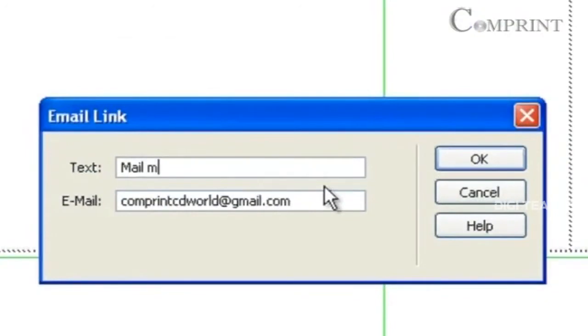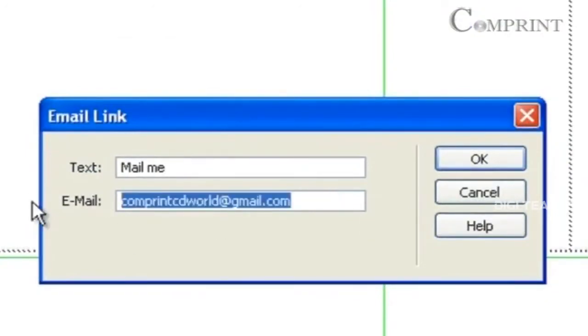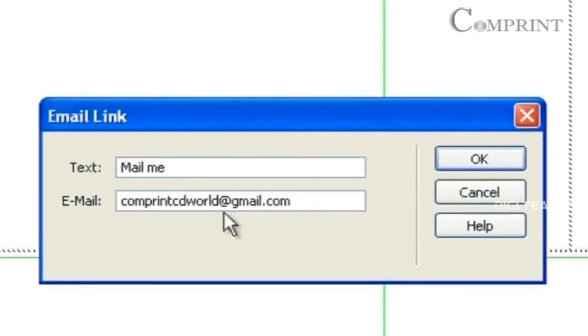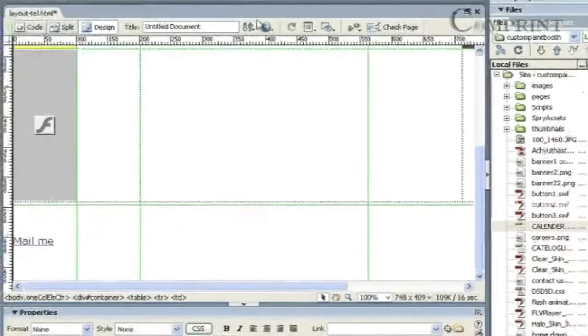Type the text Mail Me. Now type the email address, without any spaces. In this way, you can set the email address and click OK. So now here you find some text underlined.